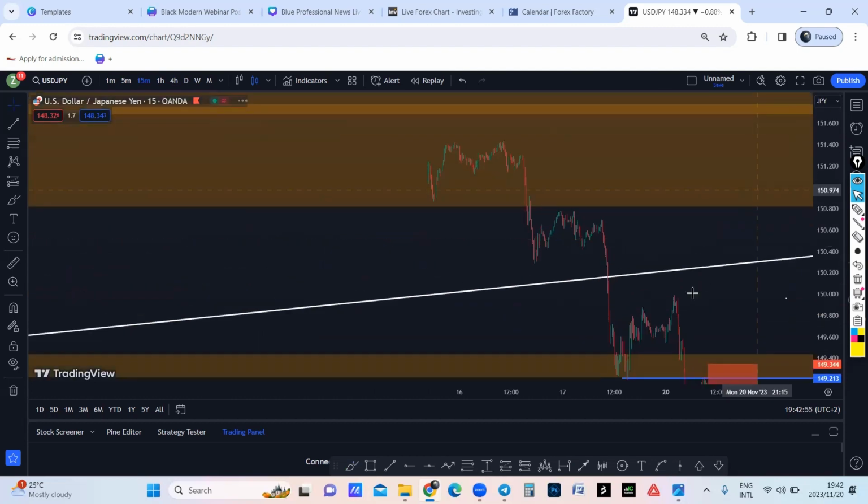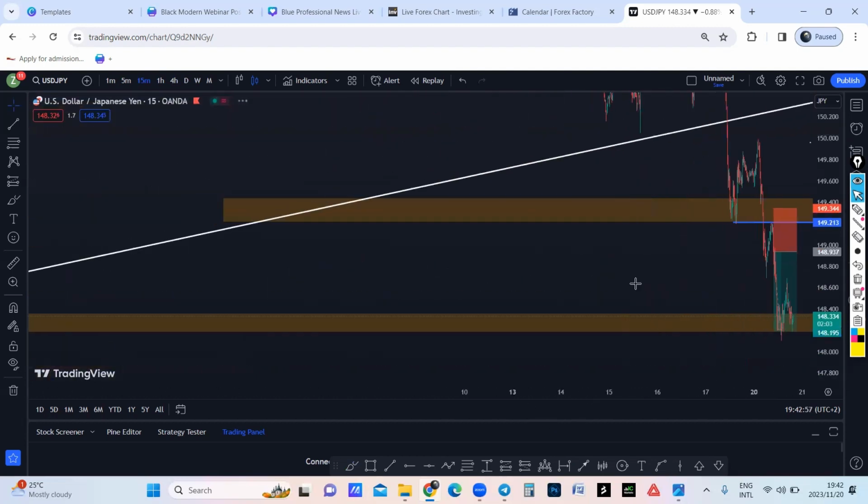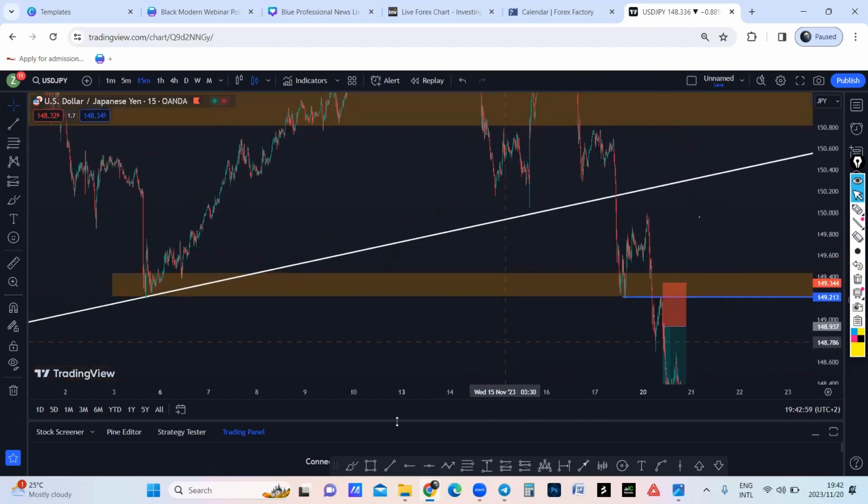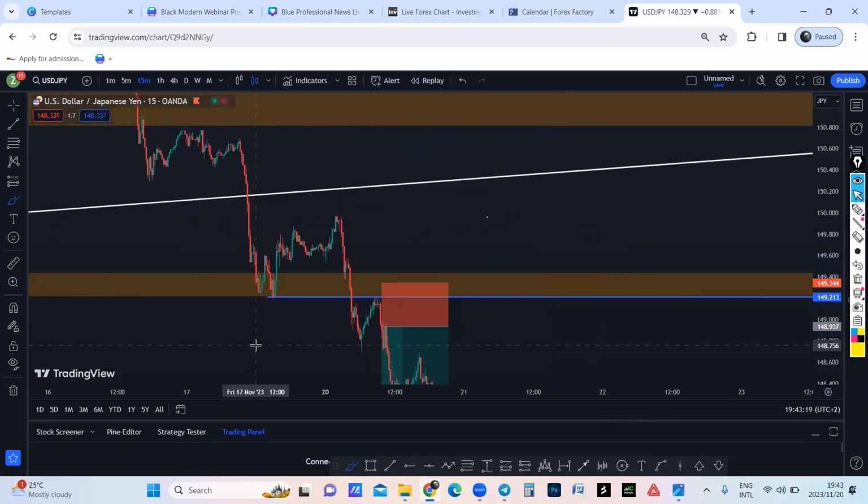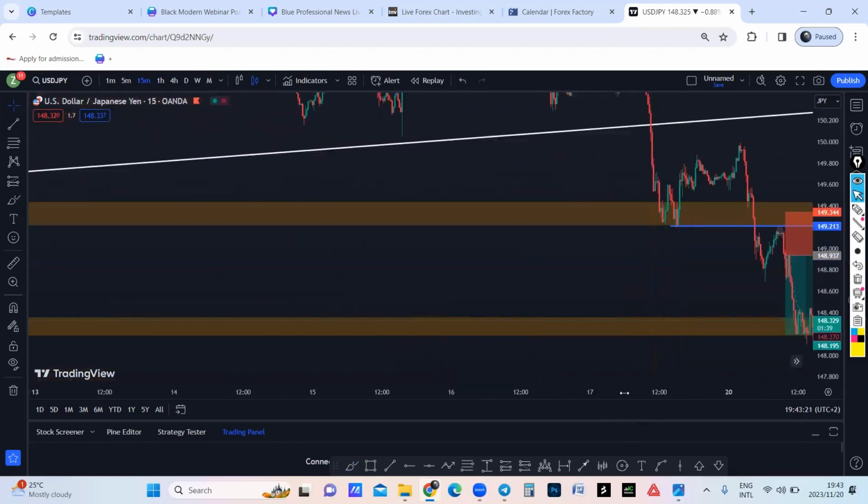So on the 15-minute time frame, as you can see, guys, this is the low that I'm talking about. The market bounced here, I think on Friday, London session, went up and then broke down today, then came to retest it. And after the retest, I was expecting to see a bearish engulfing for my entries.